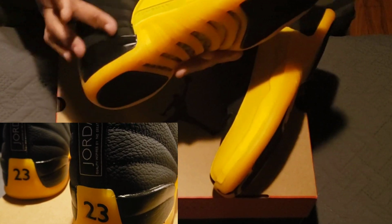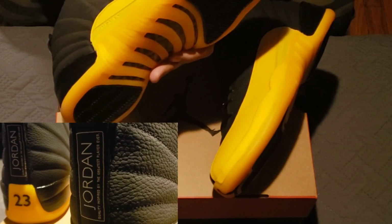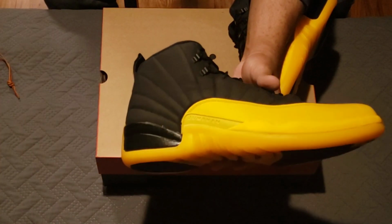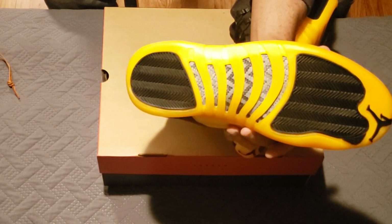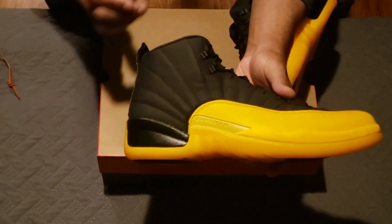Moving into the midsole. A little black on the back of the heel here. Following around to this mud guard that leads up close to the upper. That's a nice yellow there. You know what I'm saying? I don't know if I showed it before, but yeah. Bam. Bam. This is the black midsole. The upper,